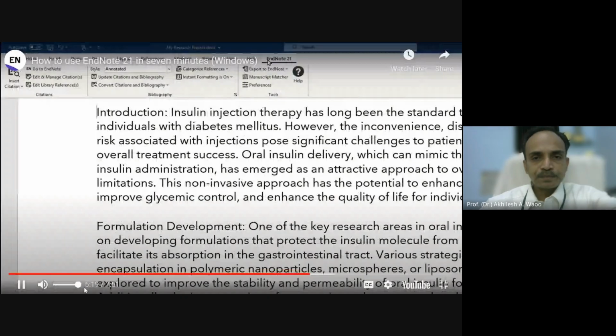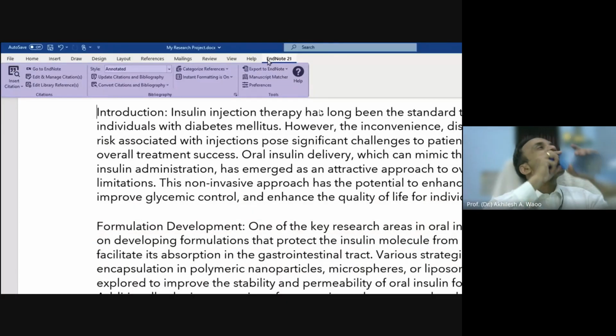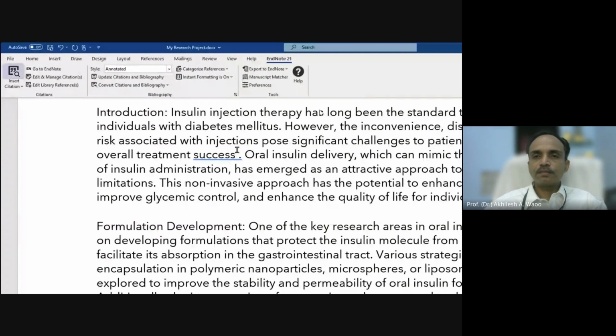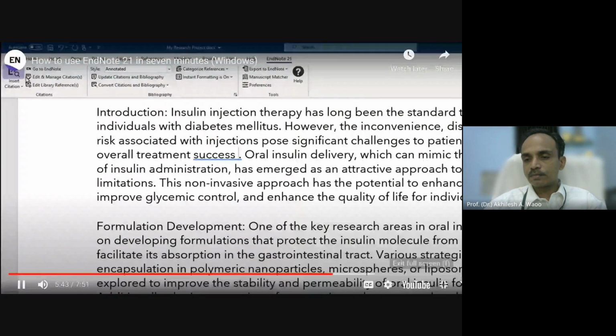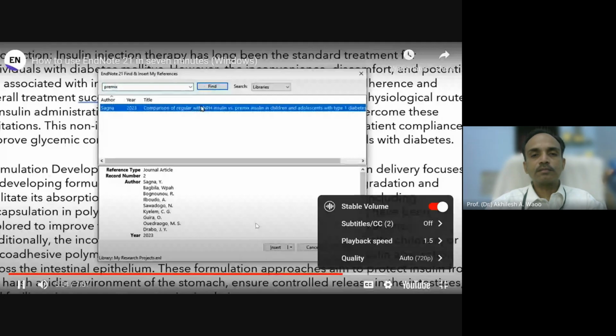EndNote adds a new EndNote 21 tab to the ribbon in compatible versions of Microsoft Word. This tab comprises the Cite While You Write commands available with EndNote 21. Suppose we want to find a reference from our library to cite while we're in Microsoft Word. In that case, we can position our cursor and click the Insert Citation shortcut to search any active library for matching references to cite. For example, we're searching for a term we know is found in the title of a journal article. After highlighting the correct search result, we can press the Insert button,